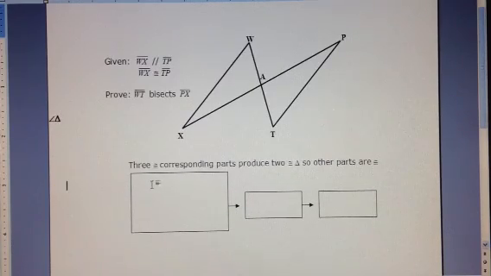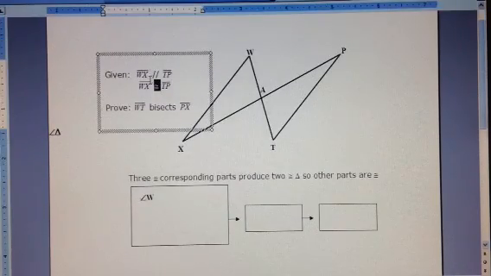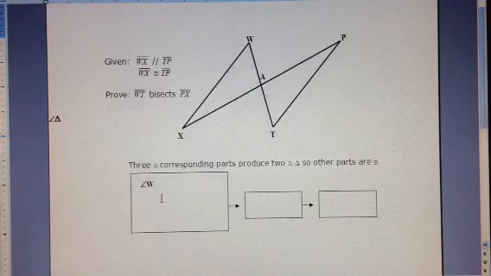So if we look carefully, we know we're going to have angle W congruent to angle T,